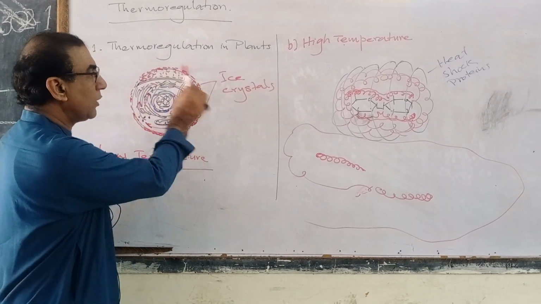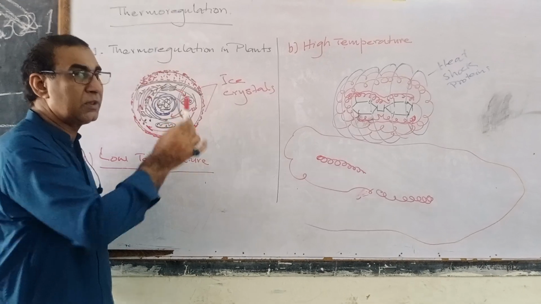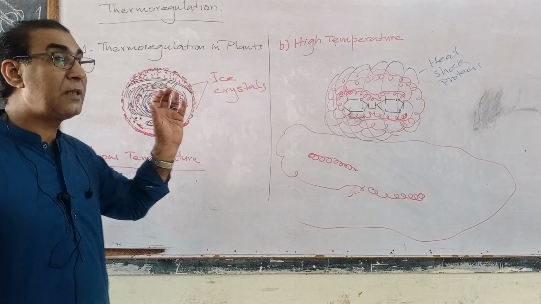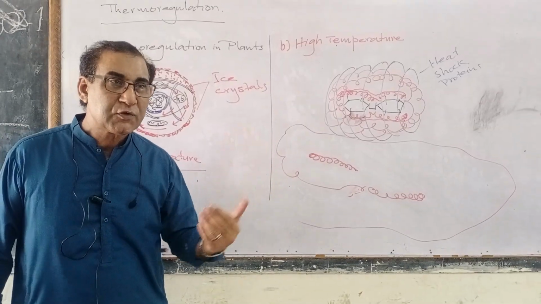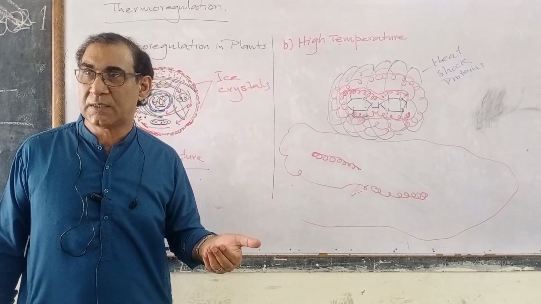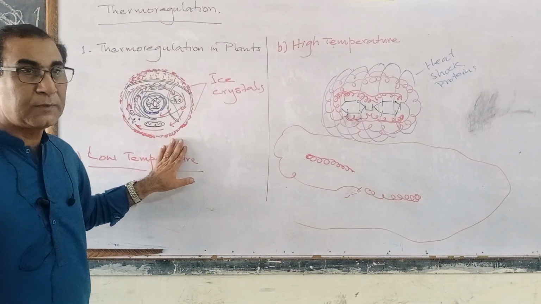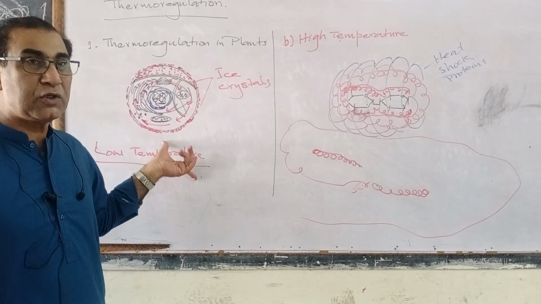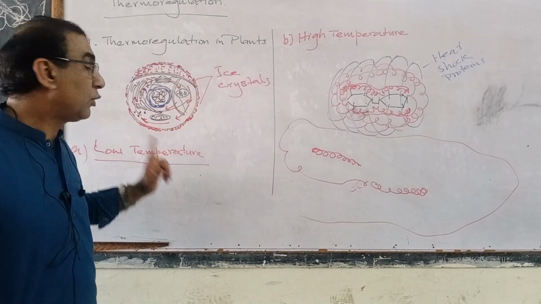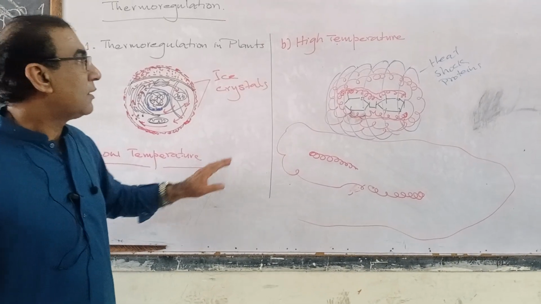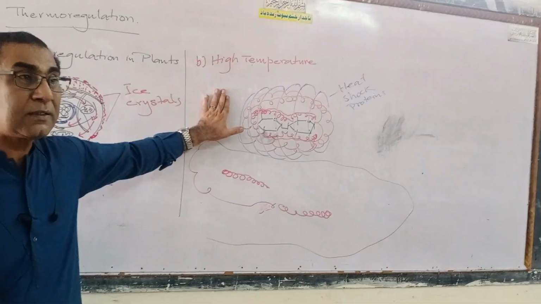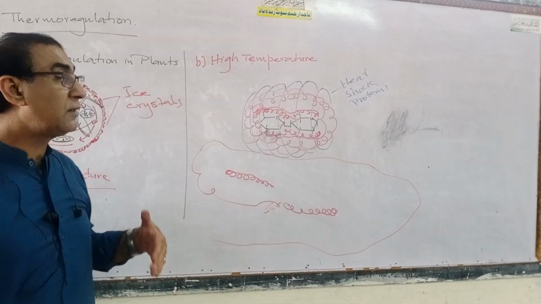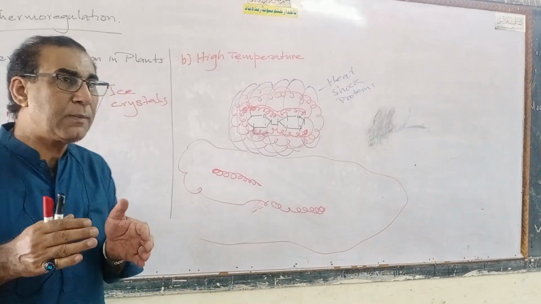So in this way, when the ice crystals are formed around the cytoplasm in the plasma membrane, the cytoplasm enjoys the streaming movement, or the cyclosis. So this is how the cells, rather the plants, arrange to thermoregulate during low temperature conditions. The second problem the plants face is what? The high temperature condition. You know that there is an optimum temperature